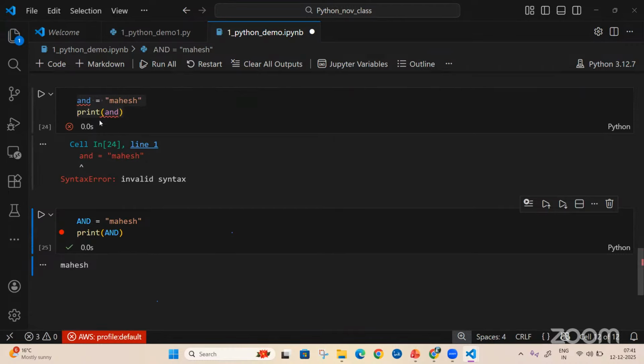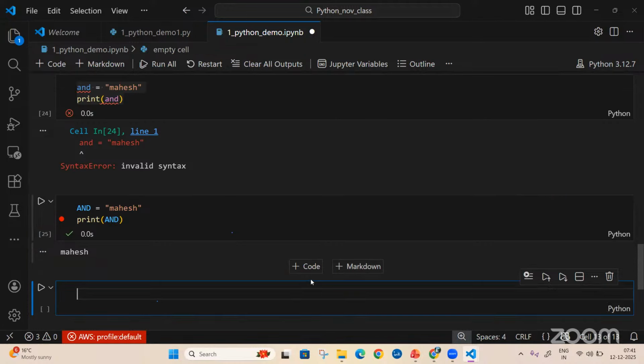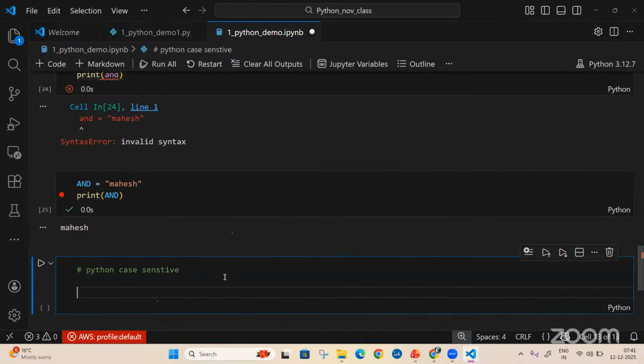Why? I'm using and only, right? Yes, it's case sensitive. Is it case sensitive? Exactly. Your Python is case sensitive. What do I mean by case sensitive? Whenever you assign, for example, age equal to 10,